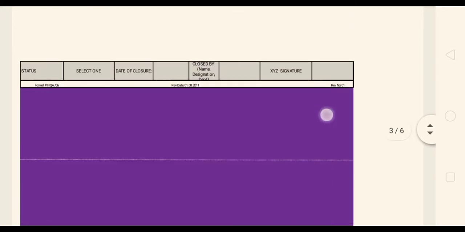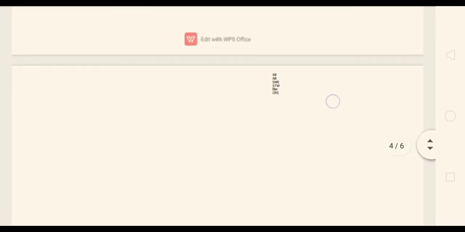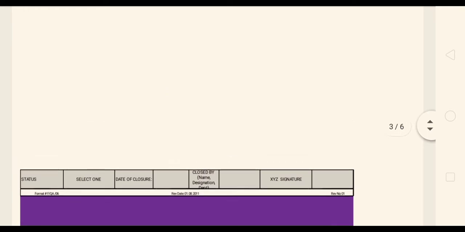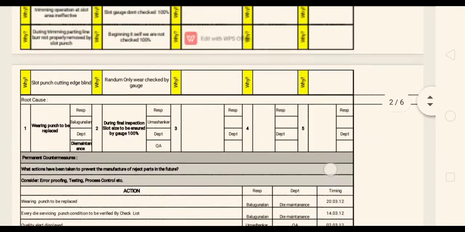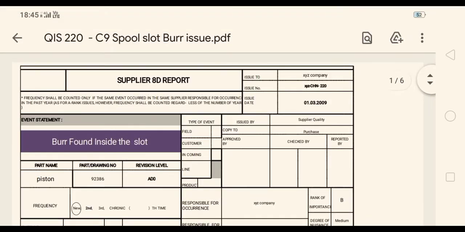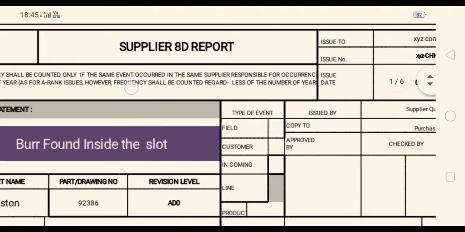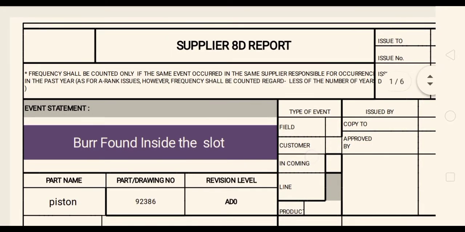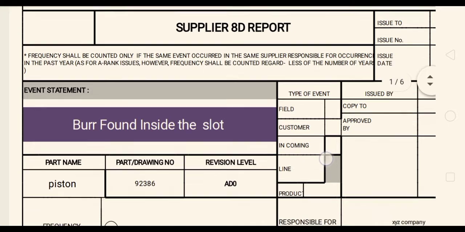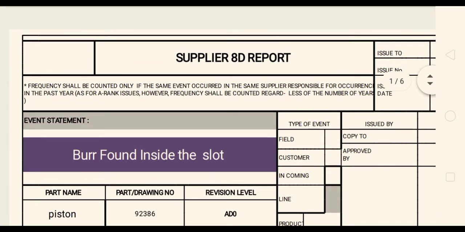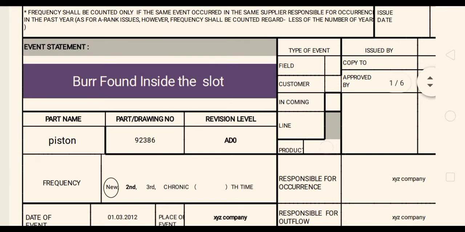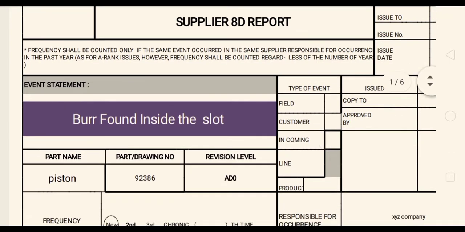So it's basically a two-page report, but the contents are almost similar. Whatever you have to fill in your 8D report, you have to fill in this also. I'll zoom in for better clarity. There you have mentioned the first D. The thing is, they haven't mentioned a first D or second D as in the earlier format I showed; here they have done everything as per the space on the top surface.